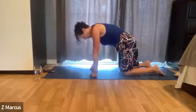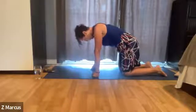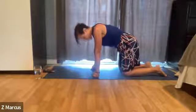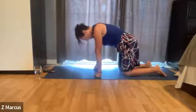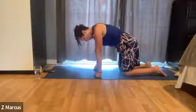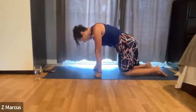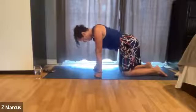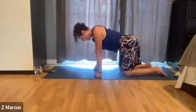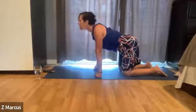We've already warmed up the spine, but we'll do some cat and cow anyway, because you could never move your spine too much. So start in a real solid table position where the arms are straight down into the earth, the knees are straight under the hips, feeling the weight of the body distributed evenly across the four legs of the table, and then letting the belly dip as you inhale into it and carrying the breath up to the chest, reaching the eyes up,